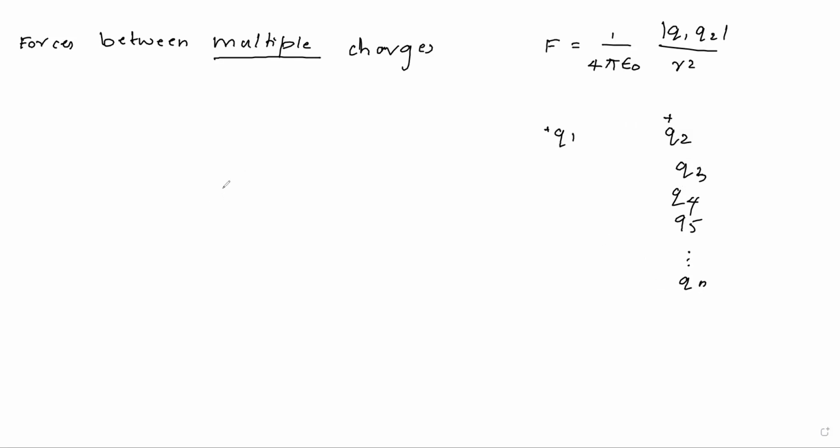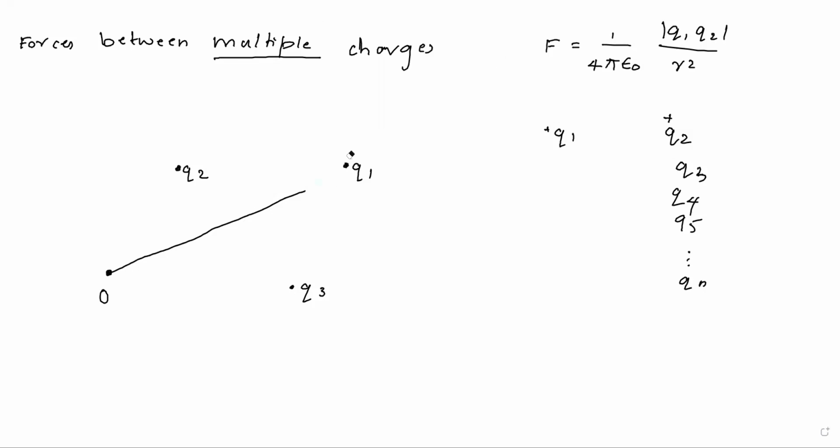So for that, let us consider one simple diagram for our better understanding. Let us consider an origin O, and 1 point charge Q2, and one more point charge Q3, and another point charge Q1. Now let us join these charges to the origin. Just a second, I'll draw it neatly.